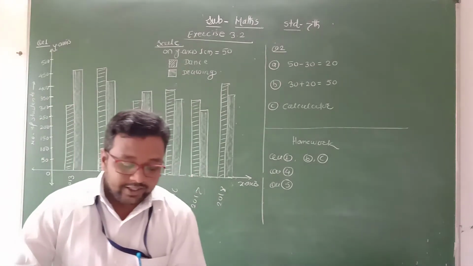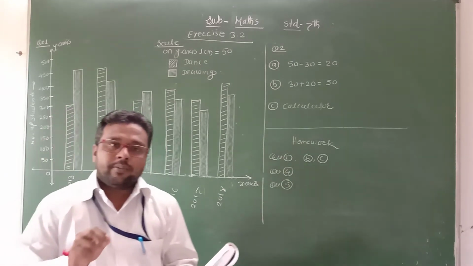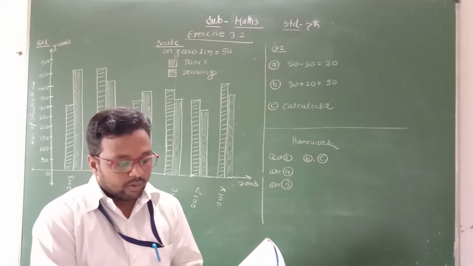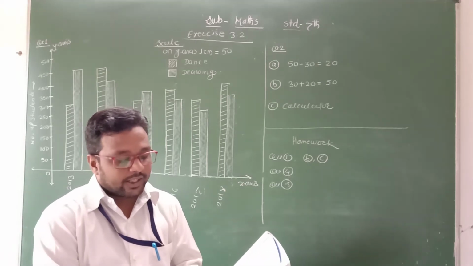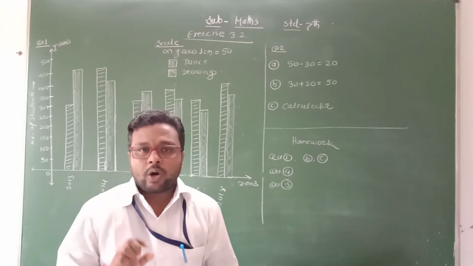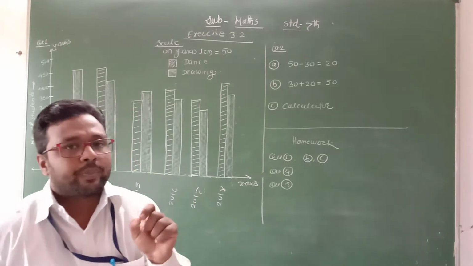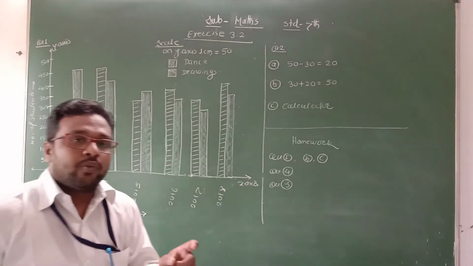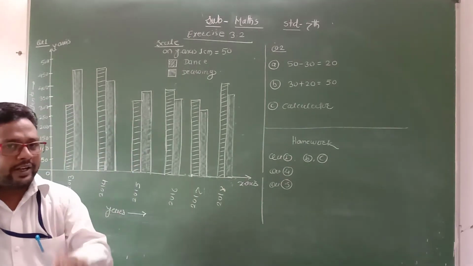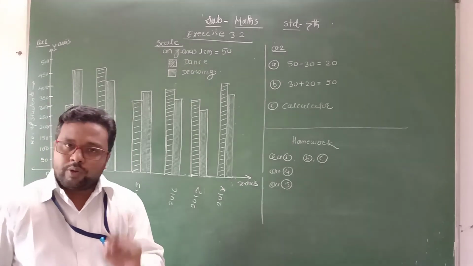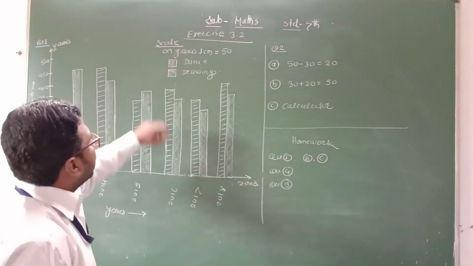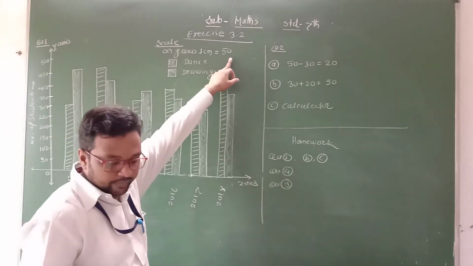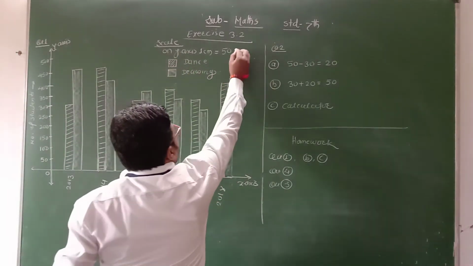In this data first you have to find out the highest score. What is the maximum score in this data? That is 450. According to that score we have to take the proper scale. Now, 450 it is there, so we can take a scale of 1 centimeter is equal to 100, or 1 centimeter is equal to 50. Here I take the scale on the y-axis: 1 centimeter is equal to 50, and this is the number of students.